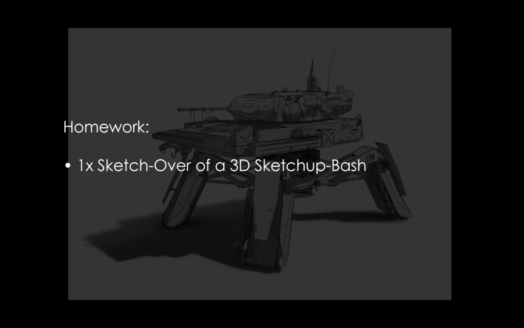So the homework assignment is to try a loose sketch on top of one 3D bash, and sketch over it